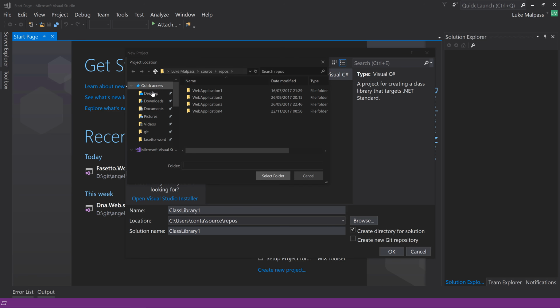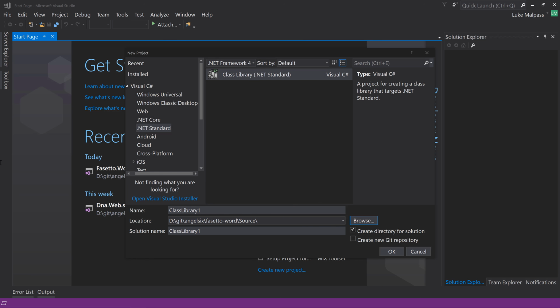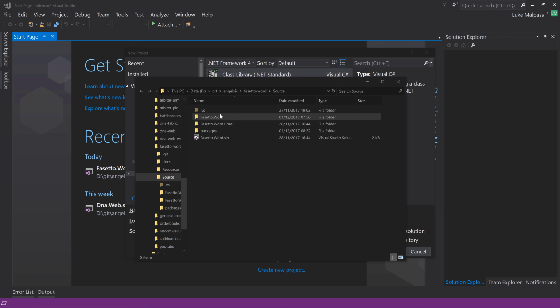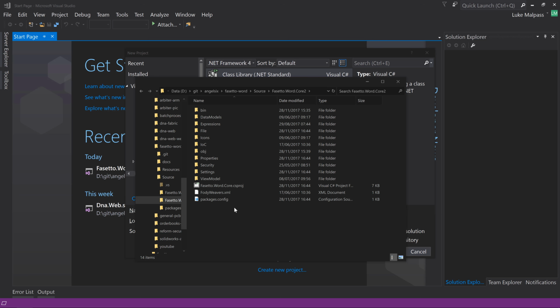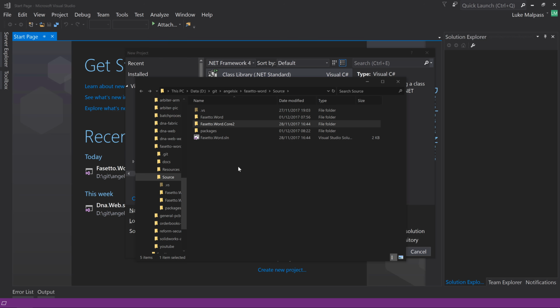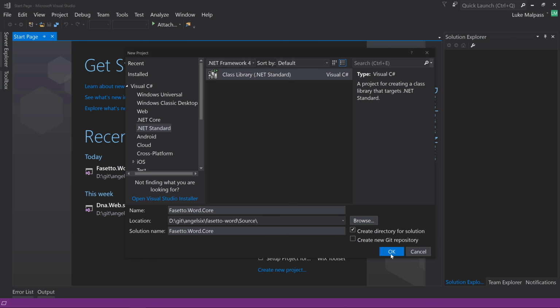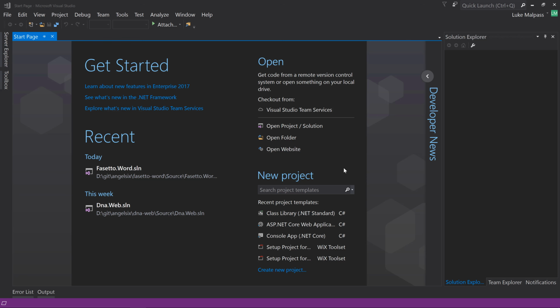And then we just browse and go to our Versetto Word application in the source folder and select that as the folder, and then give it the same name as the previous one. So Versetto.word.core, and you can leave that create directory for solution checked, I believe. Yeah, because we are going to delete the solution file it creates. So click OK to that. That should make us a .NET Standard class library